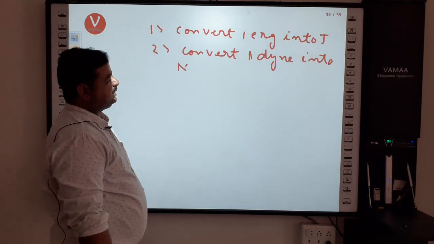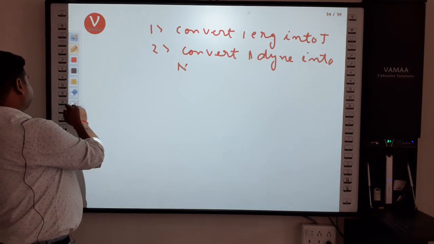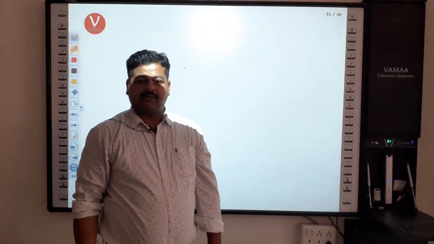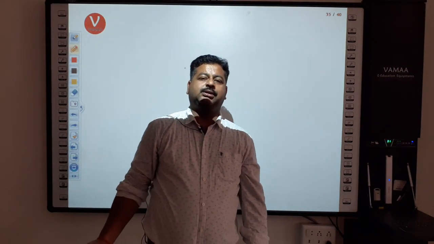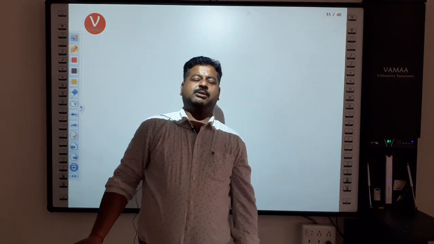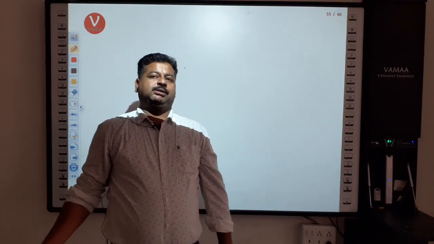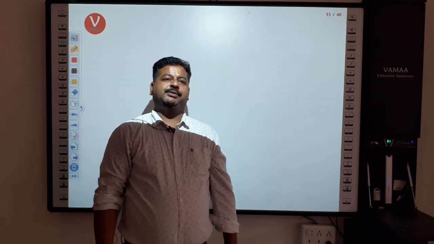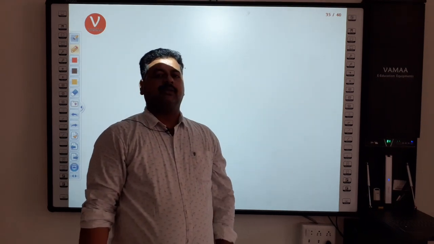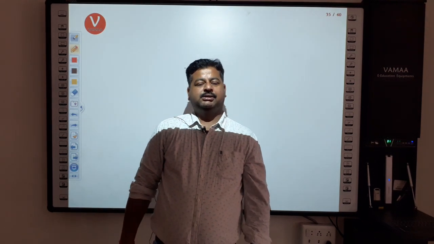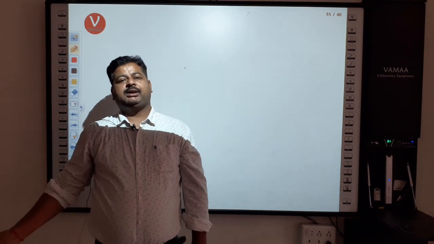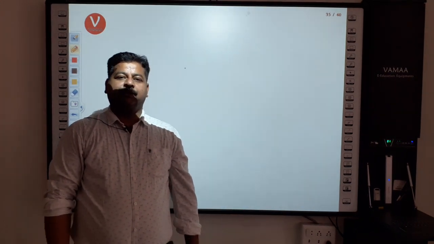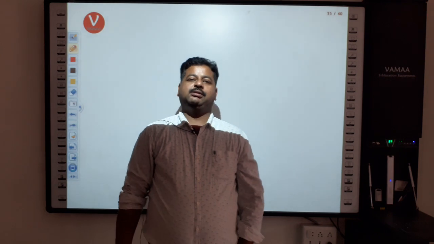So now we will discuss the next topic, that is the measurement of physical quantity in this chapter. This topic is very important because it is used to measure different types of distances, that is the distance of planets, the distance of stars and the size of molecules. So we will discuss this topic in the next lecture.